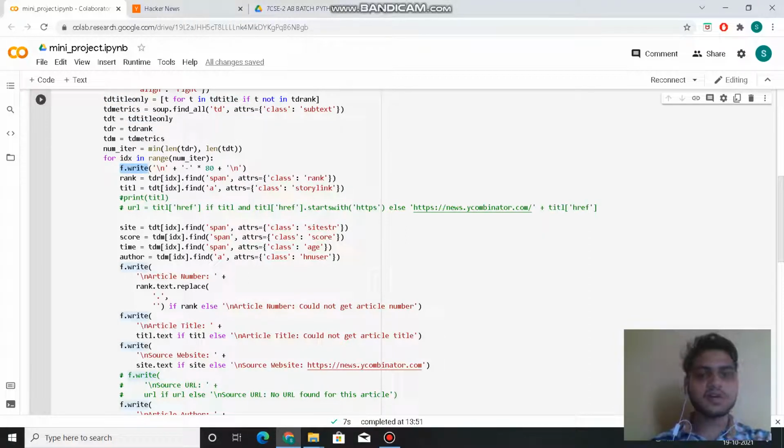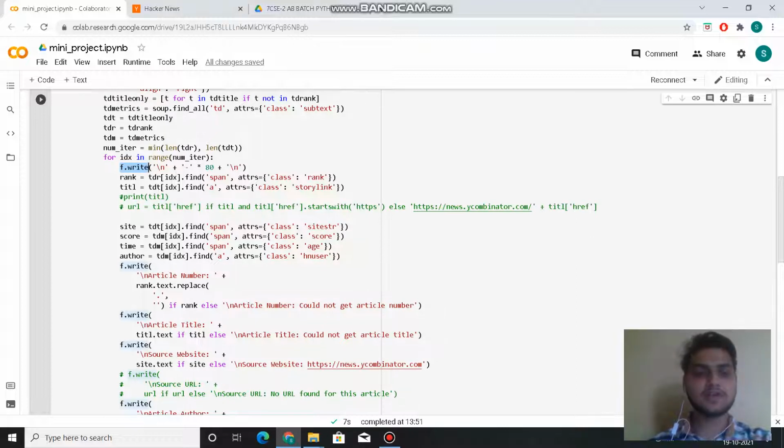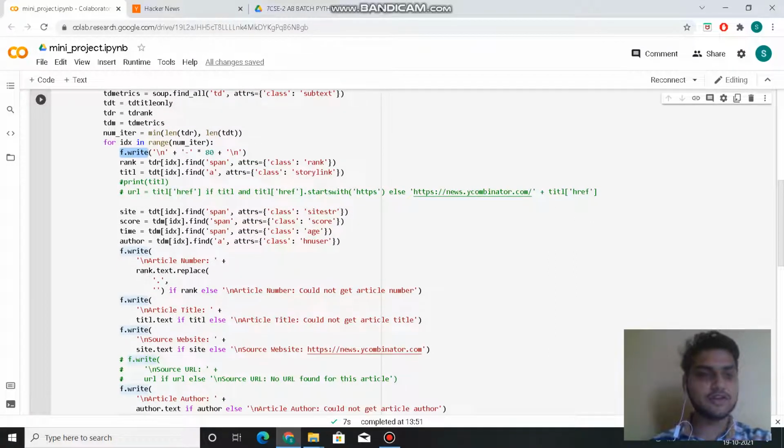f.write is used to write specific text into a file.